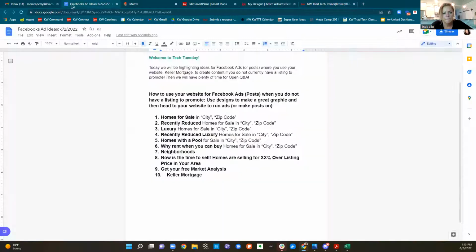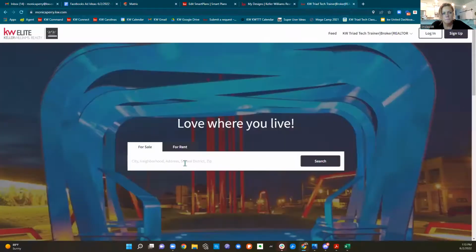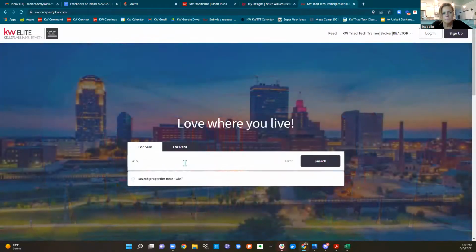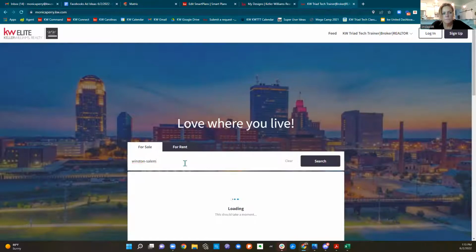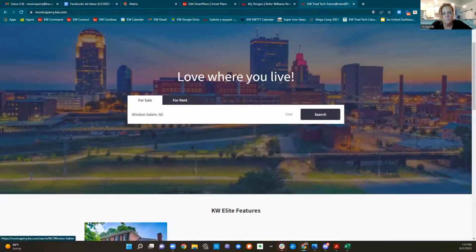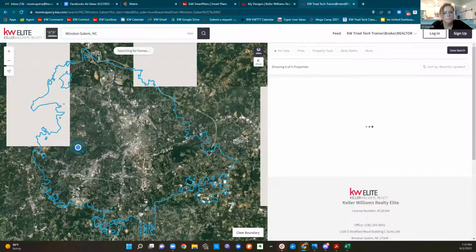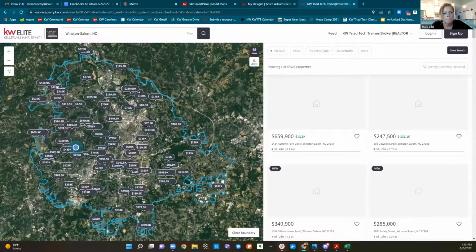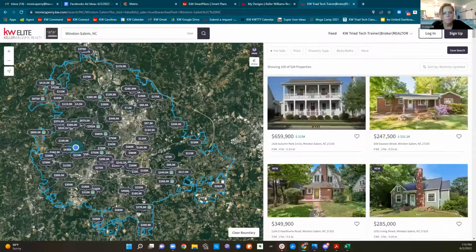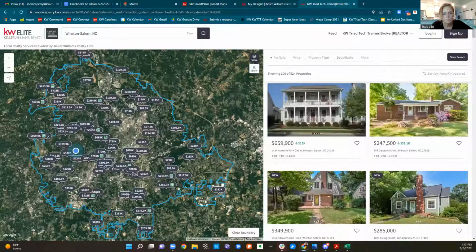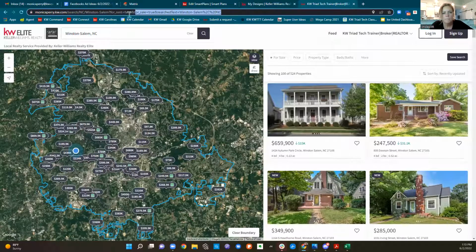So we're going to start off with homes for sale in a certain city. So I'm just going to search Winston-Salem. No shade on other areas. It's just where I live, so it's what I'm used to using. So now that I search for Winston-Salem, it's going to draw an outline of my city, and it's going to show me all the listings that are for sale in Winston-Salem, right? So if I copy this link